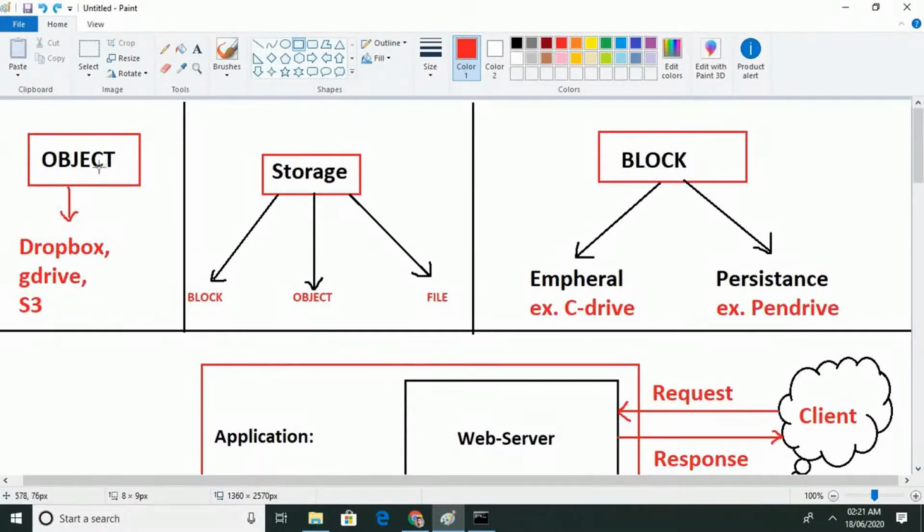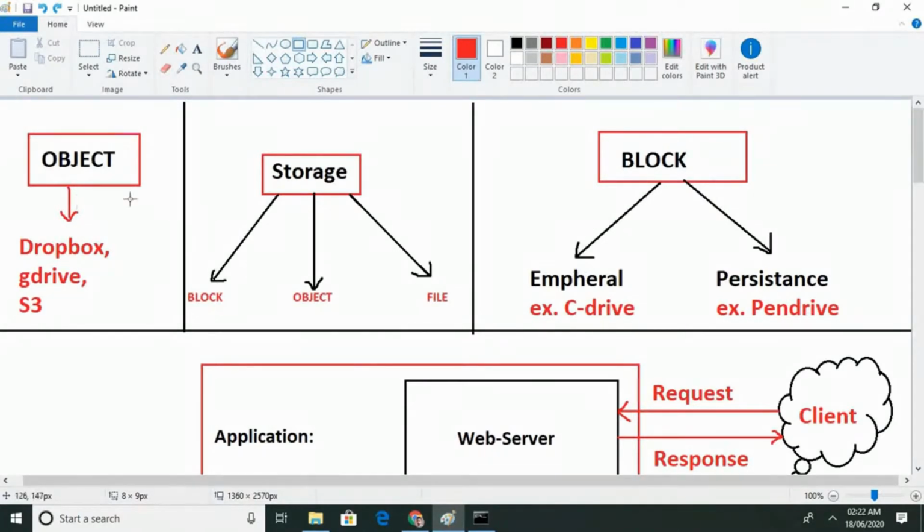On the other side there is object storage. Also I want to say that in block storage you can do a partition. For example, at the time of launching, if we have a 500 GB hard drive, we can divide that drive. That is a block storage example.